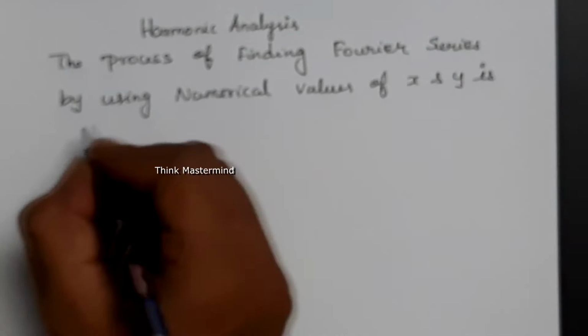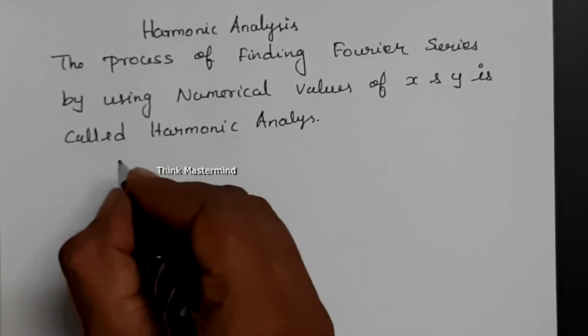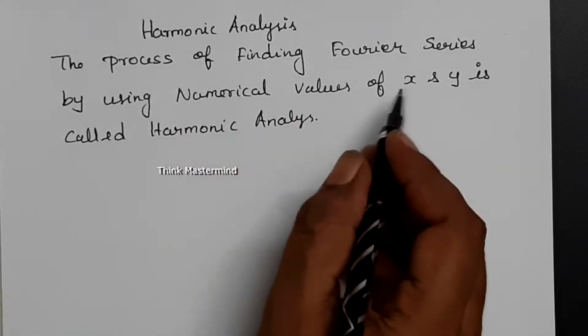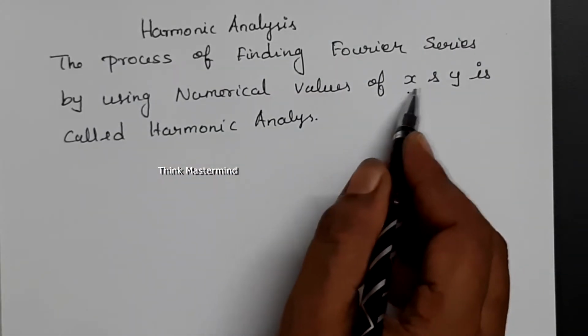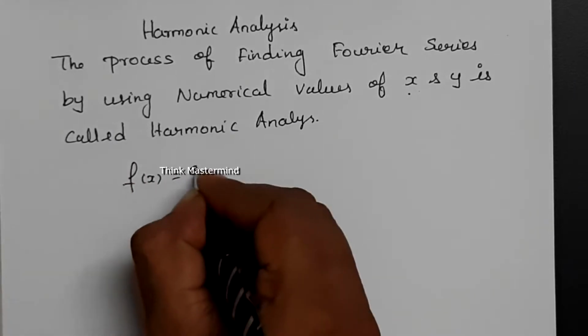The Fourier series of numerical values of x and y is f of x equal to a naught by 2